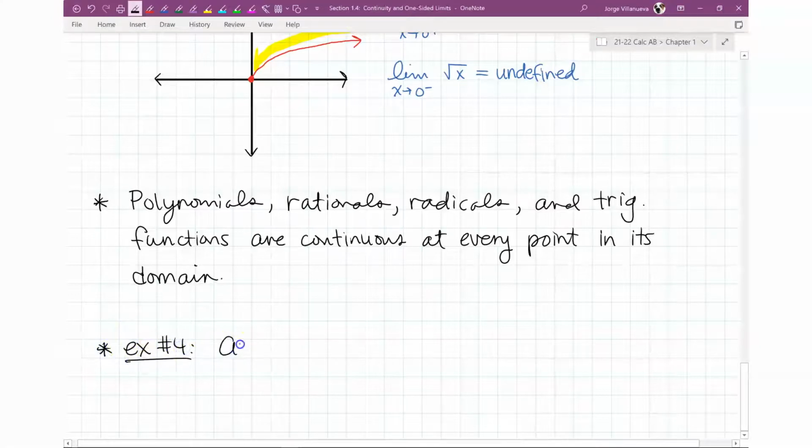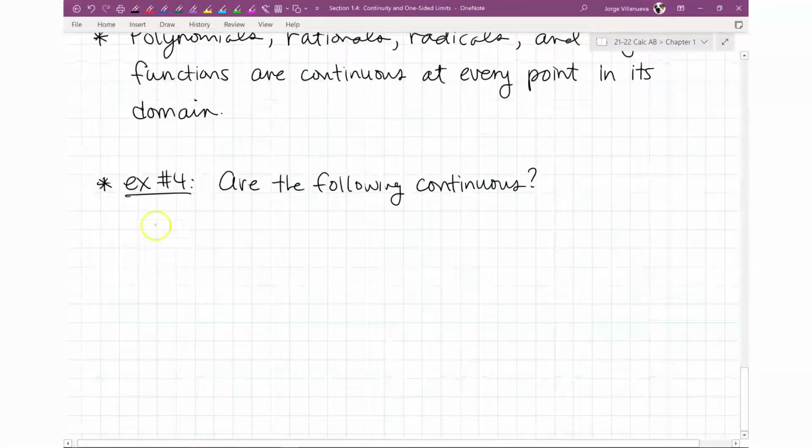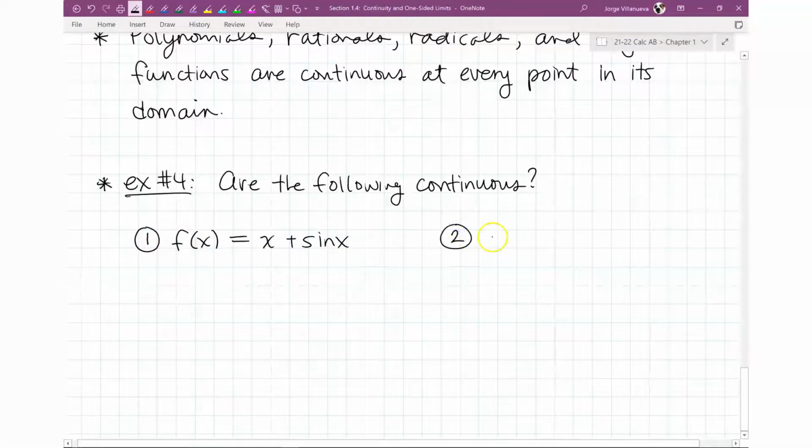Are the following continuous? Number one, here's a function. And number two, we'll do g of x equal to